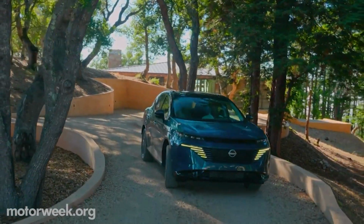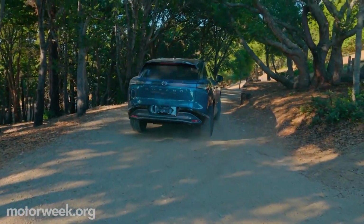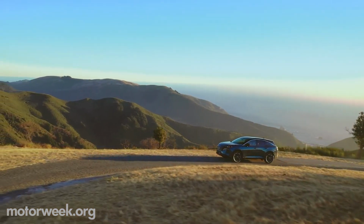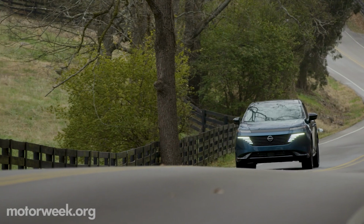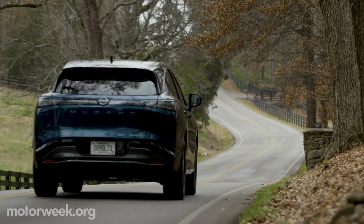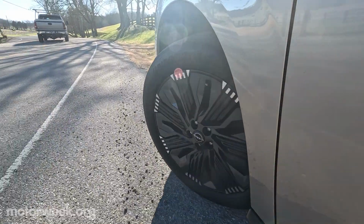For those of you out there hoping for a powertrain update, well, you're in luck. Nissan has dropped the 3.5-liter V6 and CVT combo for a 2-liter Turbo 4 paired with a 9-speed automatic. The 2-liter unit produces 241 horsepower and 260 pound-feet of torque. That's 19 HP less and 20 pound-feet more than the outgoing engine. And while there was some hesitation from time to time when accelerating from a stop, it otherwise felt good, and